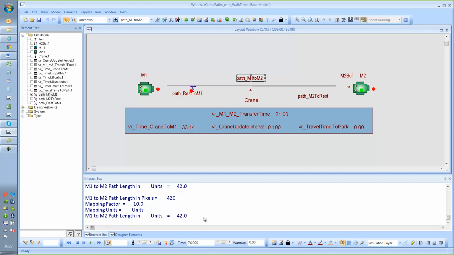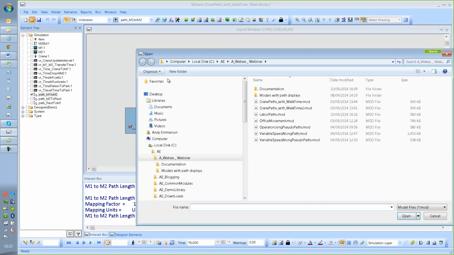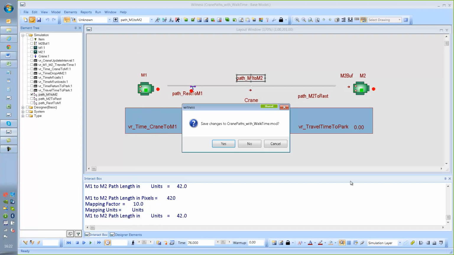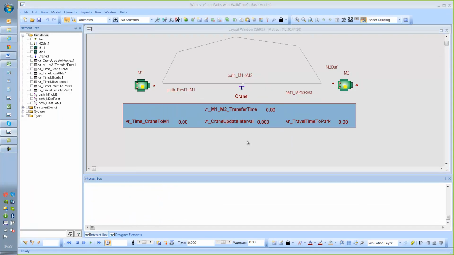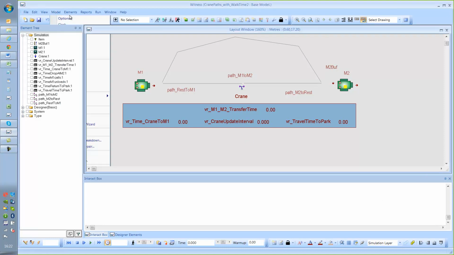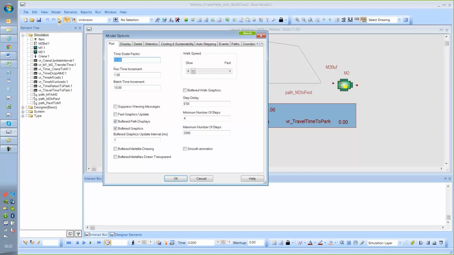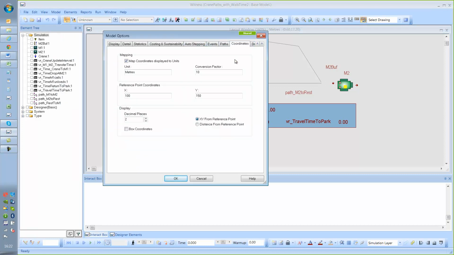Okay, time's running on now, so I'll go to one more model before I invite any questions to come up. And I'm going to open Crane Paths with Walk Time 2.mod. For short's sake, save any changes. If I go and check here my model options, conversion factor is 10 still, my units are meters,